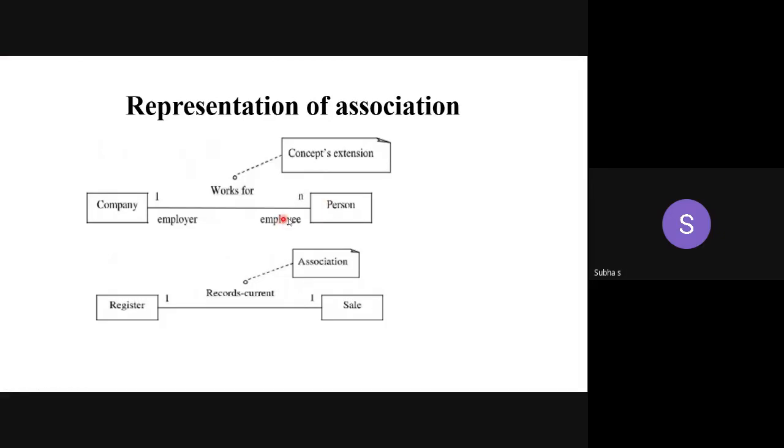Suppose the role of the person is peon, you have to mention the correct role here also: peon working for the college. What is the particular work you have to mention? But in general, we are relating student, faculty, administrative officer, or the HOD. The role of the person can be HOD, who supervises the department and controls the department. Like that, you can have.